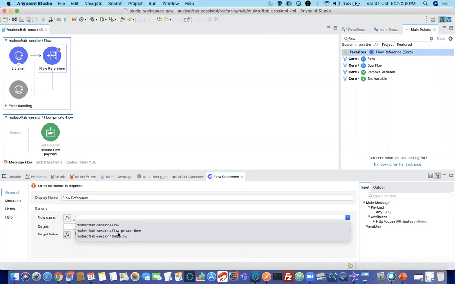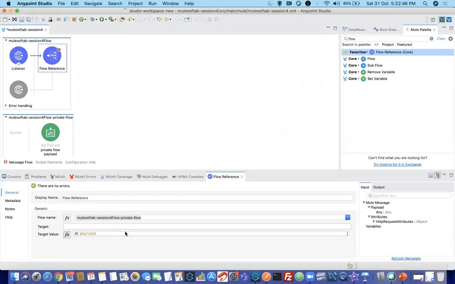It's not just one mule XML. It will show all the flows in your project. So always flow names, private flow names or sub flow names should be unique, different. Got it? Now, as I want to call a private flow, I am choosing the private flow here. It's just like calling a method in Java or C language.